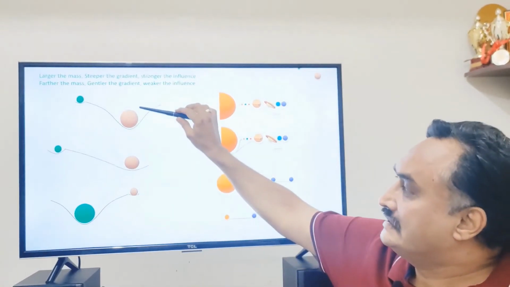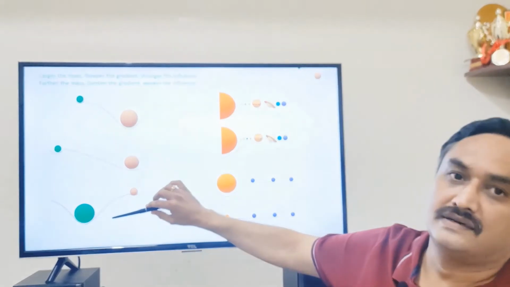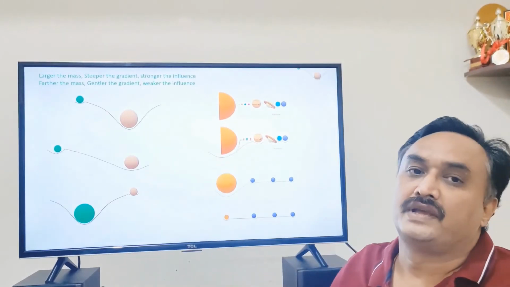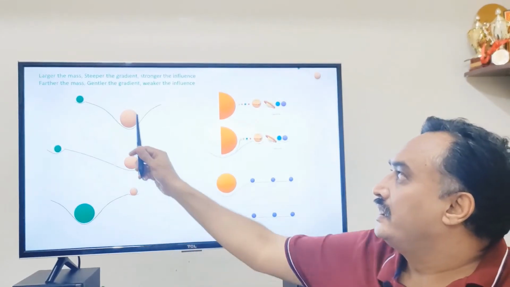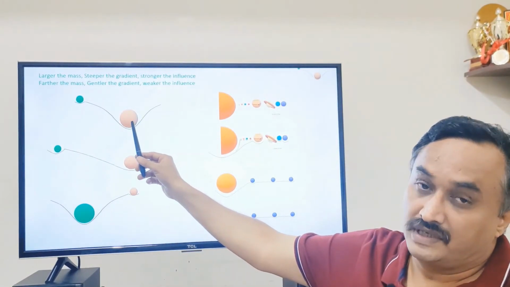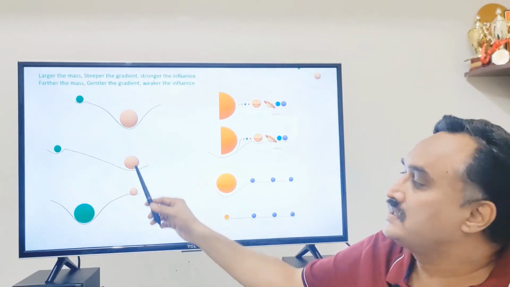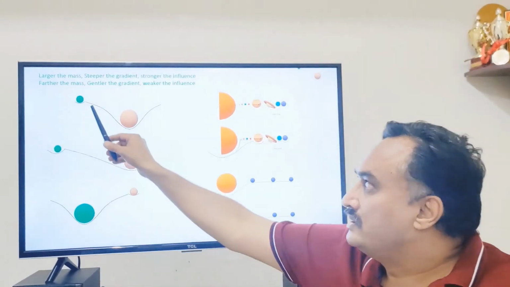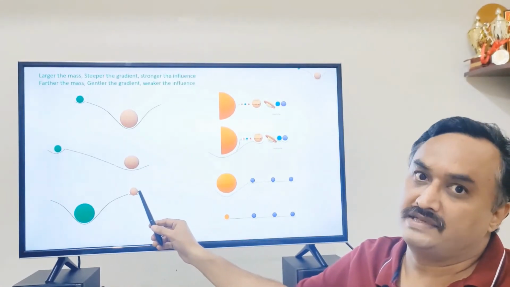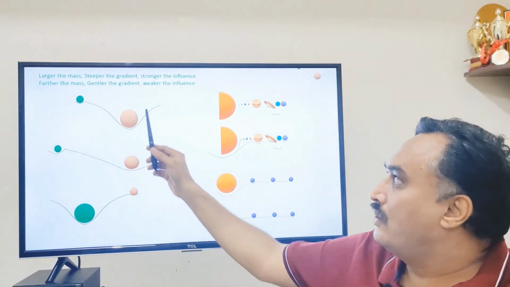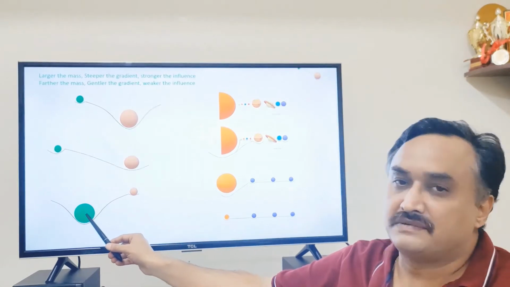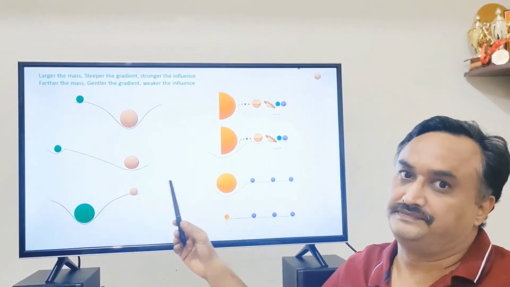Now consider this situation and the third situation. Let us switch these planets or masses, their places. The green mass or the smaller mass becomes as massive as the earlier massive one. The first massive mass becomes smaller. You will see now that this massive mass bends the space more than what this one is bending. Now the situation is flipped. That means now this becomes the massive mass and this one goes around it.